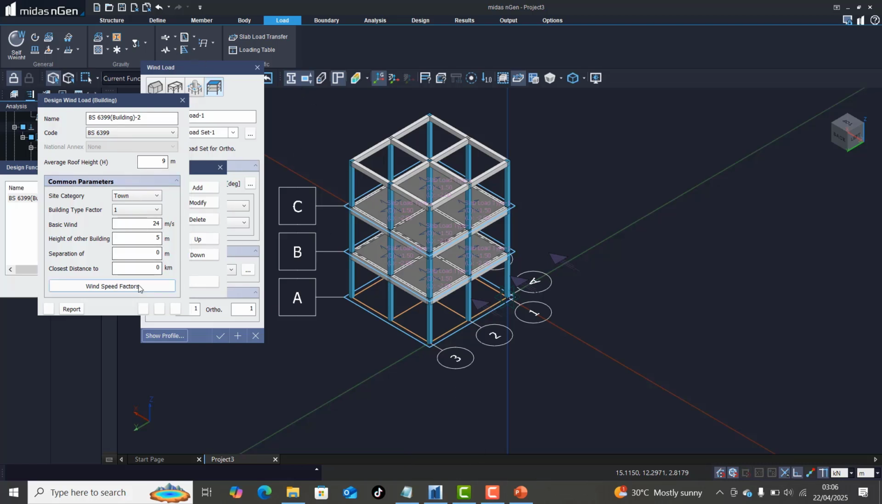So but then the separation, okay, let's say 7 meters away. This, like I said, is the closest distance to the sea. So let's say it's 3 kilometers, for example. So if all of these are correct,